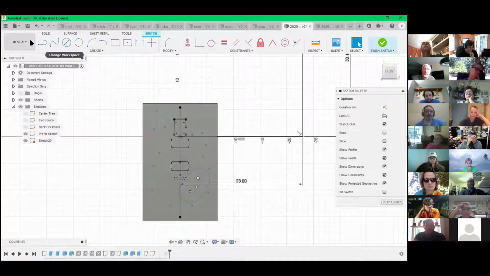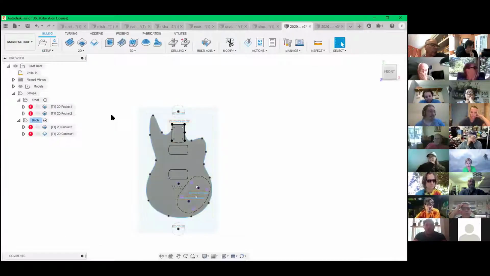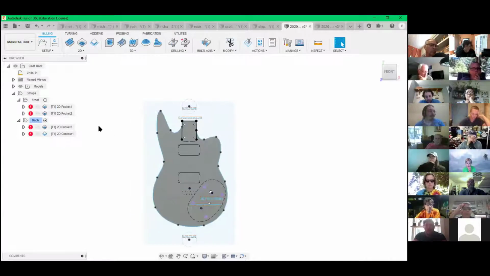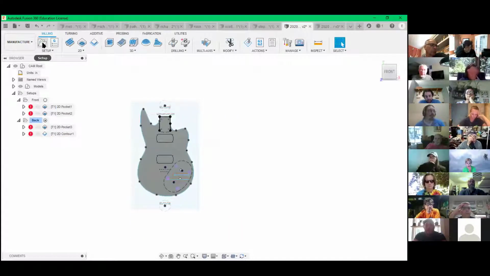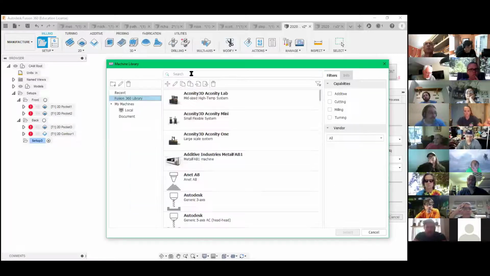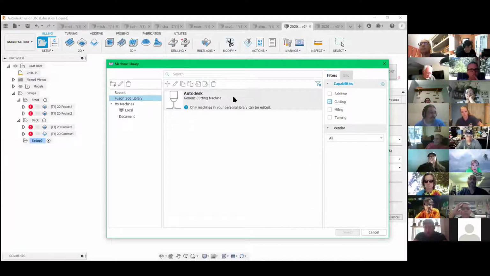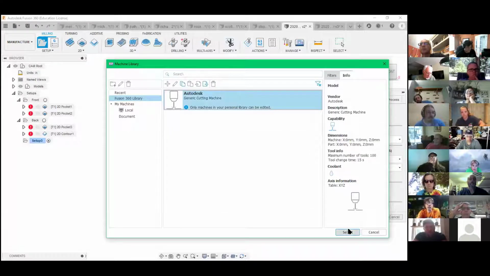And then in this case, I'm going to finish this sketch, and I'm going to go back to the manufacture tab. So here's where we would create a setup in the setup tab right here. The first thing it's going to ask you is the machine. This shouldn't matter, it'll just be a cutting machine. We'll do the generic cutting machine here